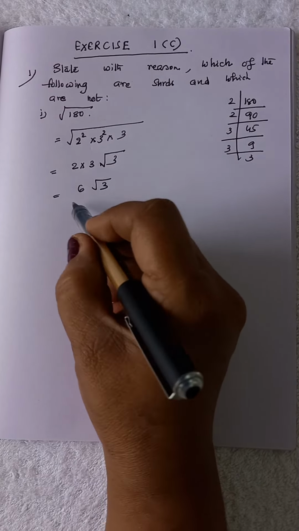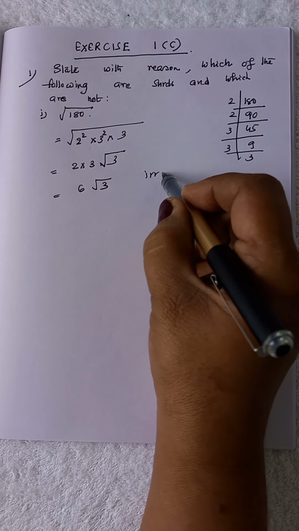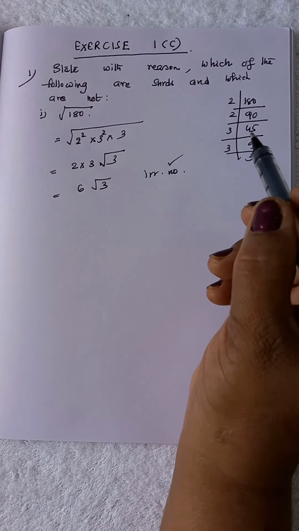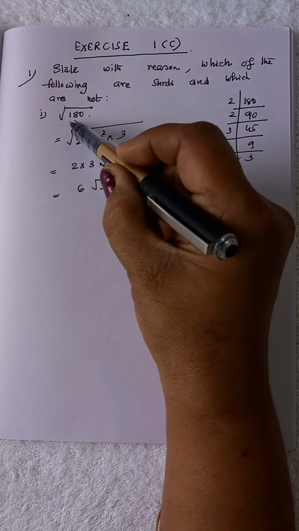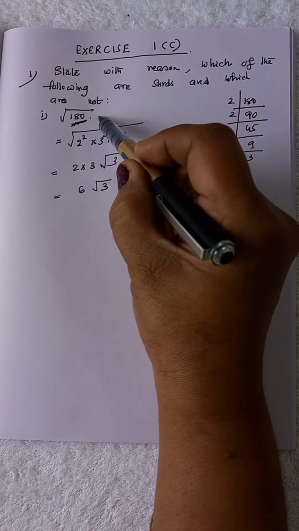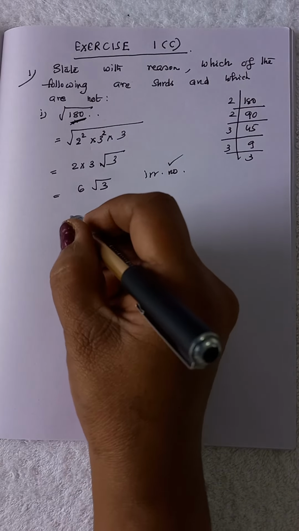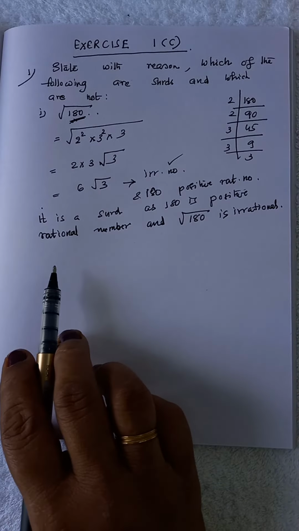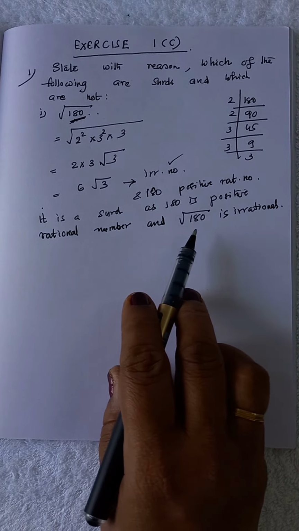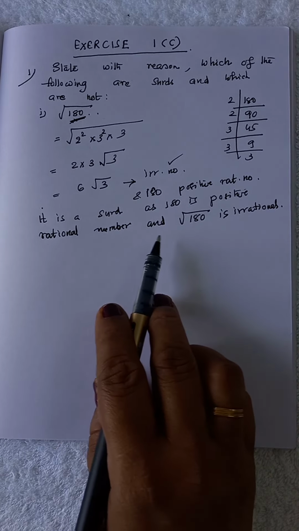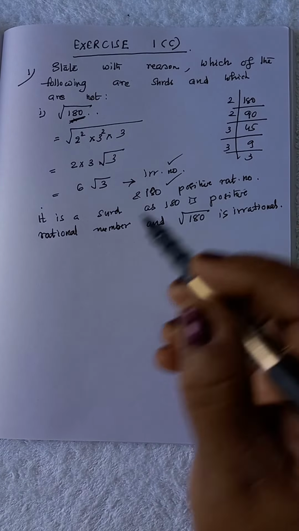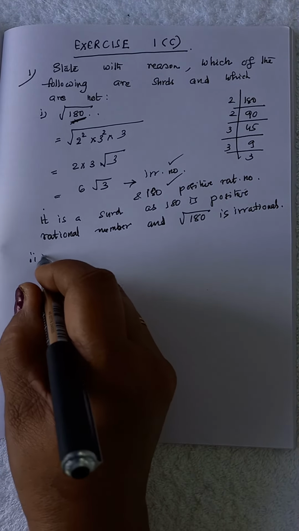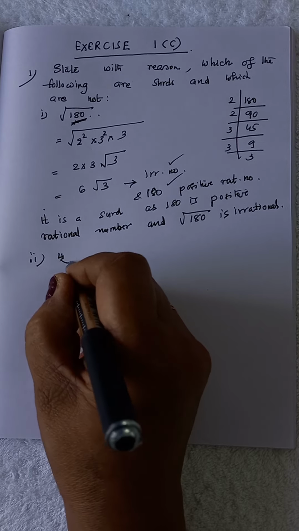This is clearly an irrational number. One condition is satisfied for a third. What about the other condition? This 180 is a positive rational number. So this is a third. So we can say that it is a third as 180 is a positive rational number and root 180 is an irrational number. Now, the second question is fourth root of